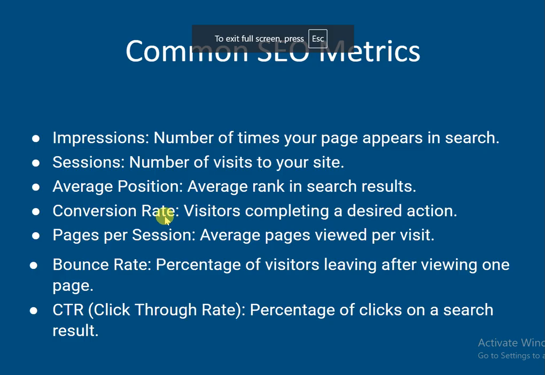And next one is pages per session. It shows the average number of pages a user visits each time they come to our website. Let's say one user has come to my website, knowledgehub.com. On average, how many pages are they seeing on my website?